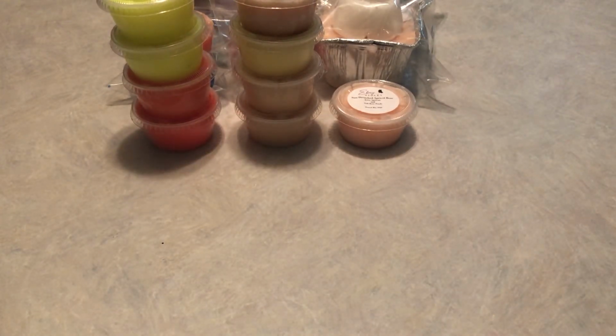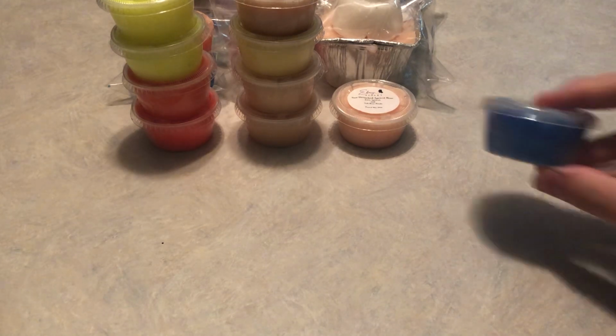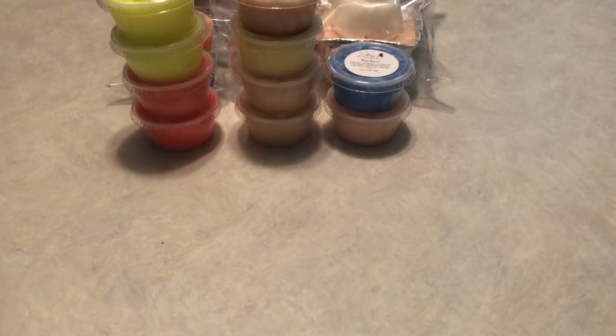Next is Rain Barrel. Out of all the rain oils I've smelled, Rain Barrel is definitely one of the more masculine cologne kind of rain. This definitely isn't like a